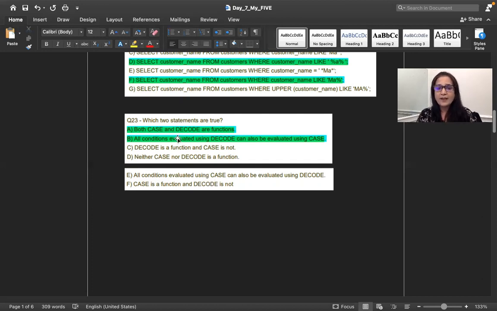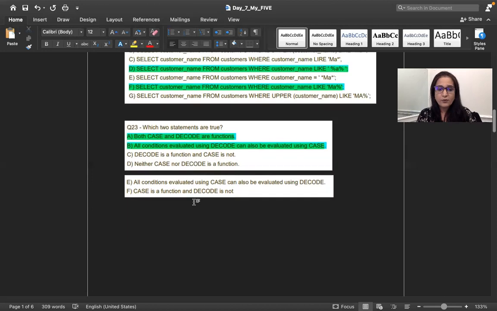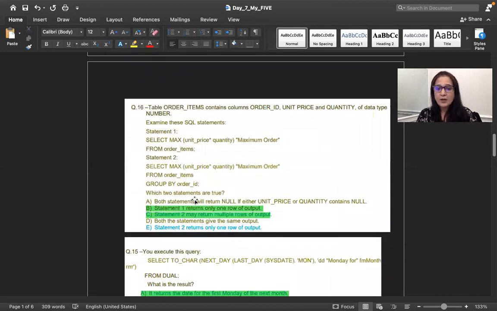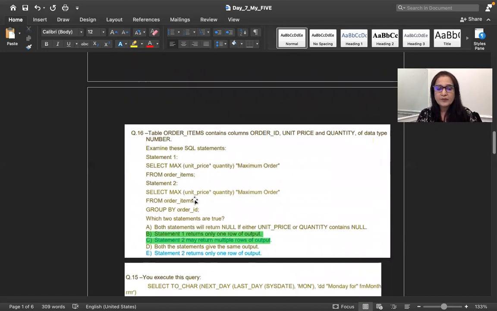Just remember, in case of CASE and DECODE, both of them are functions, and whatever we can do in DECODE can be done in CASE. The other way around, and other things, are anyway not true. Okay. So now the next one over here is a good question, which says the stable order